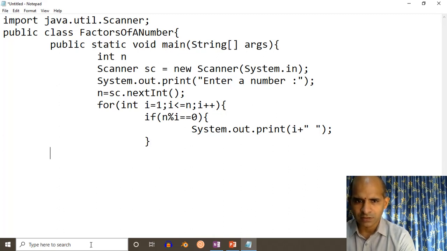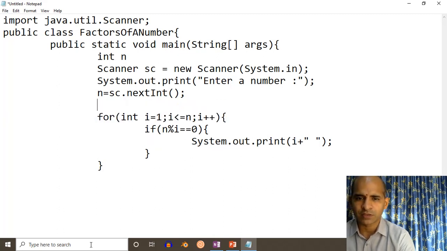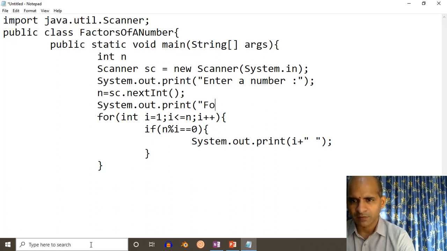This is the format for printing the factors of a number, but here I also want to provide a message with System.out.print: factors are.